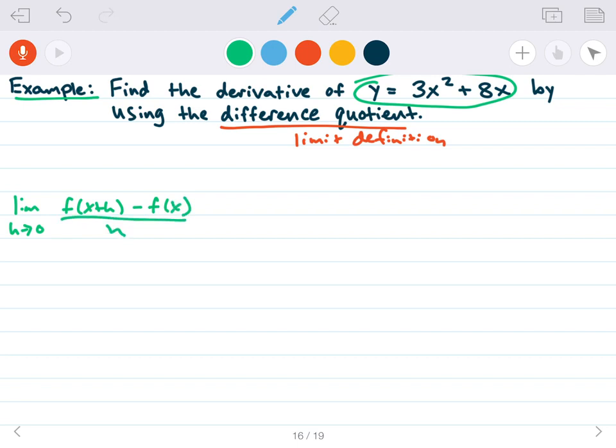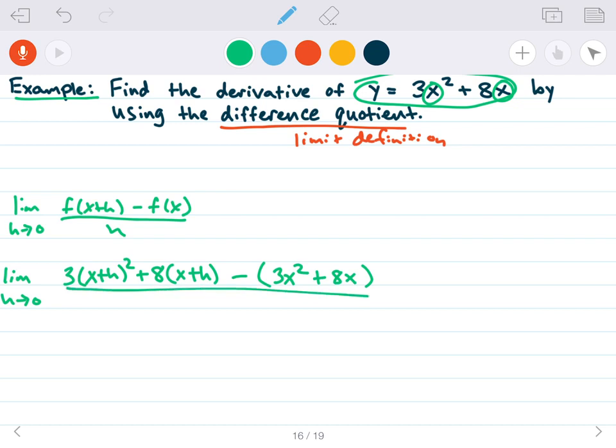Now f of x plus h, I'm just plugging in x plus h anywhere I see an x. So this is limit as h goes to 0 of 3 times x plus h squared plus 8 times x plus h. And then I'm subtracting f of x, which is just 3x squared plus 8x